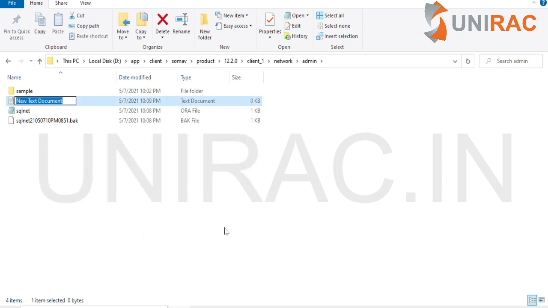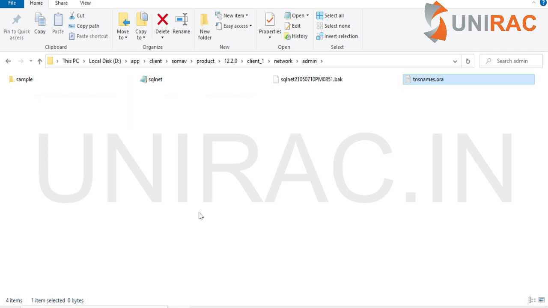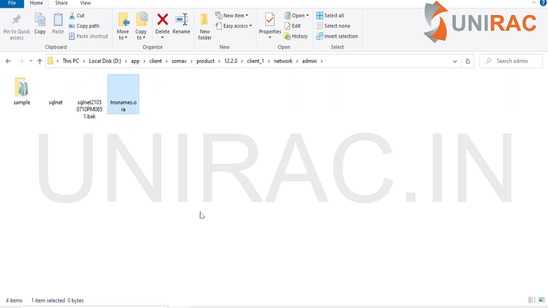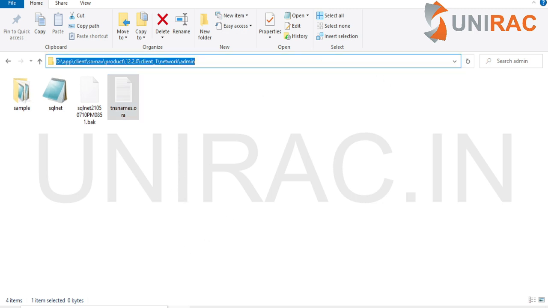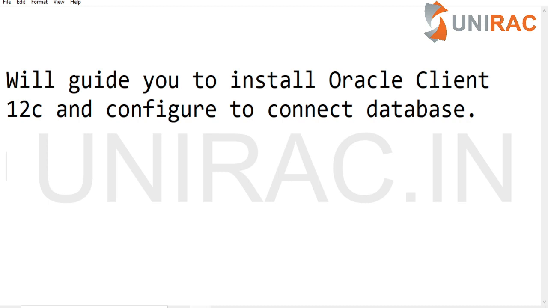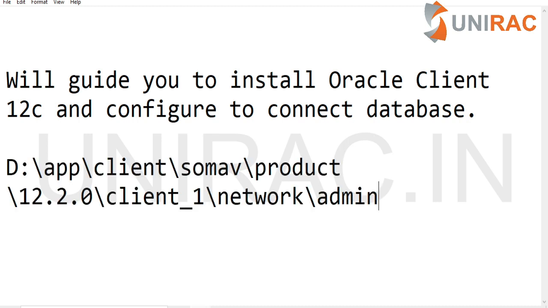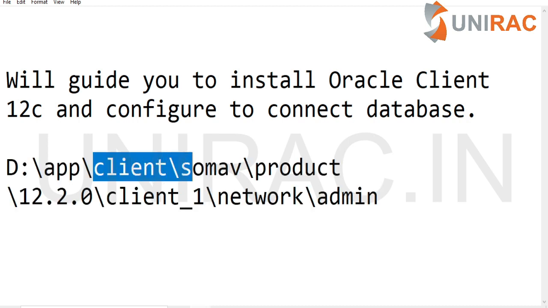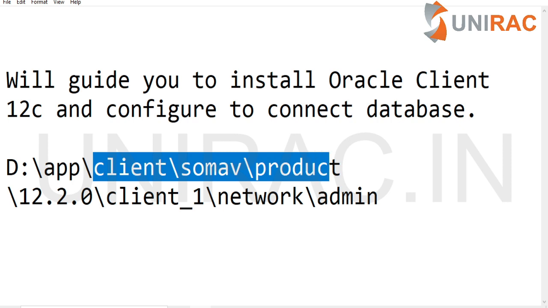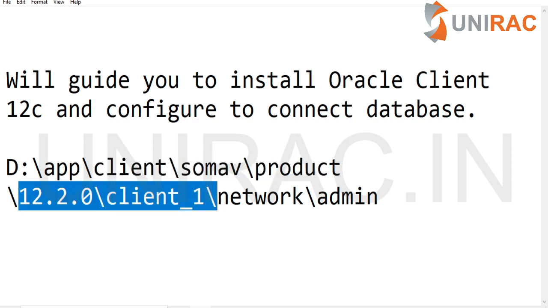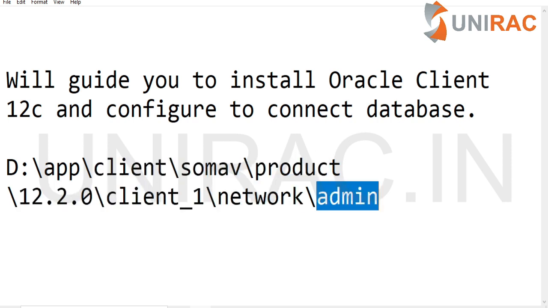This is the client configuration file, the tnsnames.ora file. This is the location I created it in: under the binaries we installed, product 12.2.0 client 1, under the network admin folder.